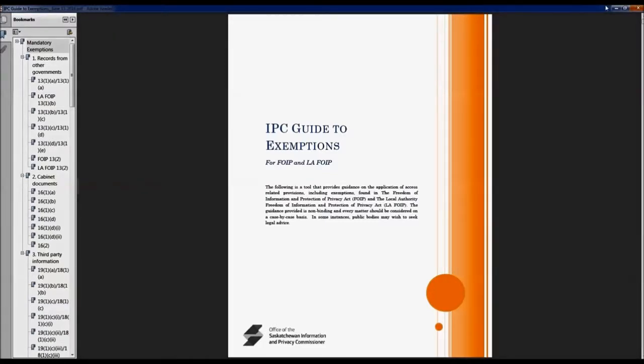So the guide first came out in the spring of 2015, and some of you may recall Danielle and I had done a rollout at that time and met a lot of you and went through the guide. But we'll do a little bit of that right now just for those of you that didn't get to attend the rollout. So the guide to exemptions, the purpose of it is to assist parties in applying FOIP and LA FOIP,